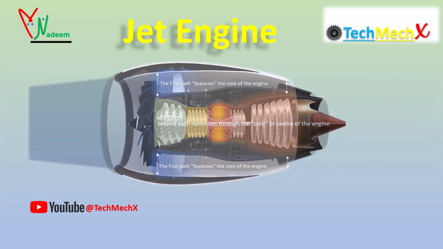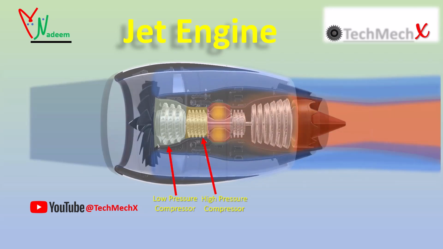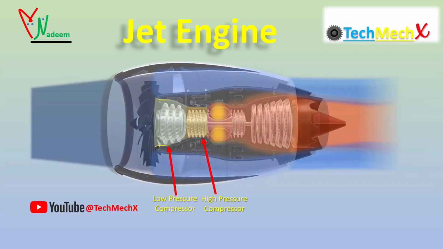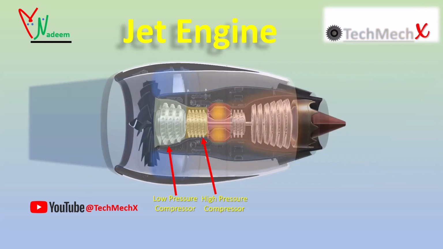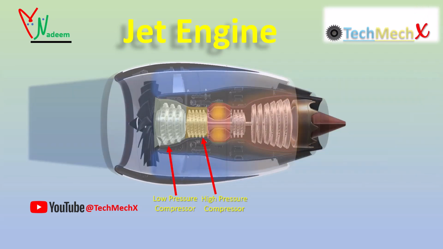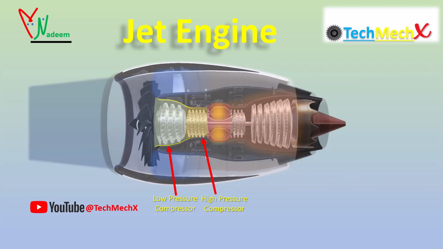The compressor is the first component in the engine core. The compressor is made up of fans with many blades attached to a shaft. The compressor squeezes the air that enters it into progressively smaller areas, resulting in an increase in the air pressure. The compression fans are driven from the turbine by a shaft. The air at the end of the compressor is compressed over 40 times that of the air that enters the compressor. At full power, the blades of a typical commercial jet compressor rotate at 1,600 km per hour, and take in 1,200 kg of air per second.